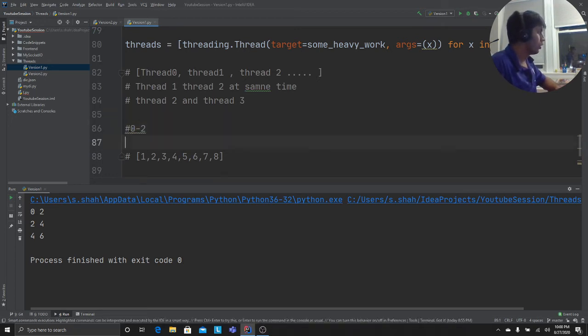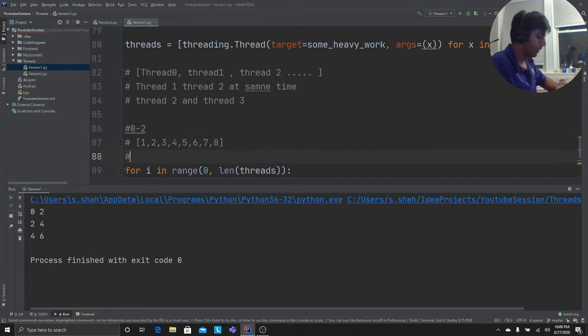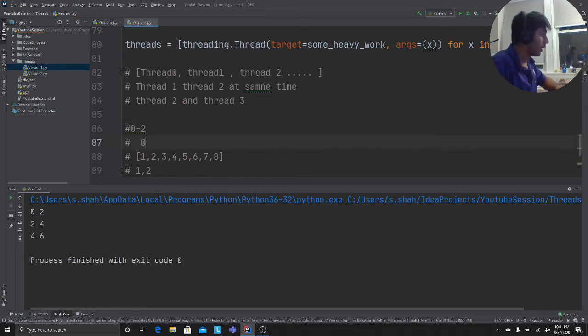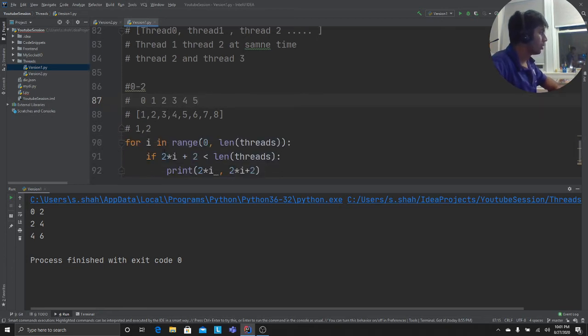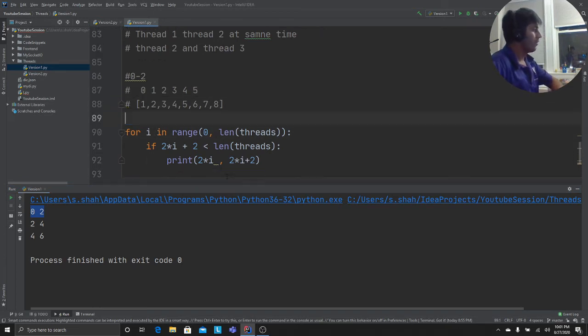It's gonna give you the first two elements, although the indices start from 0. When I say 0 to 2, it's gonna grab these two. So it's n minus 1, always. So the fundamentals are clear.